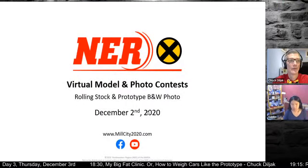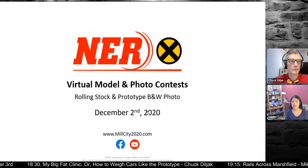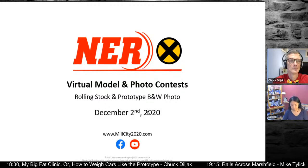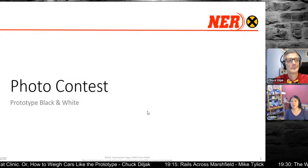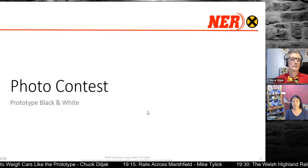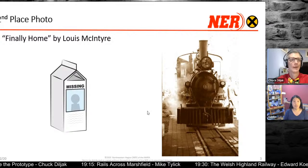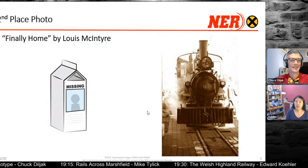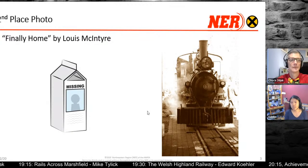So tonight, for the model contest as well as the photo contest, we're going to be touching on rolling stock and prototype black and white photos. So we're going to change things up a little bit. Last night we started with the model. Tonight we're going to start with the photo contest in the category of black and white prototype. So in second place, we have Finally Home by Lewis McIntyre,